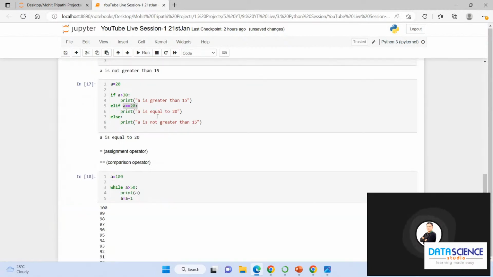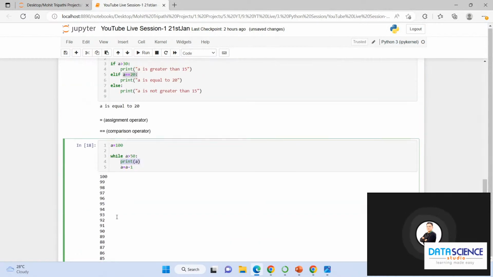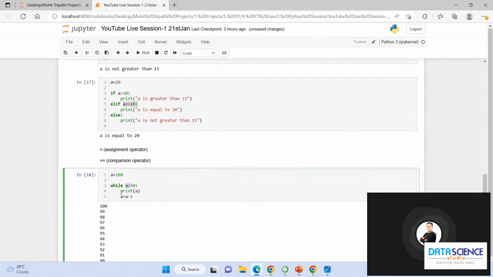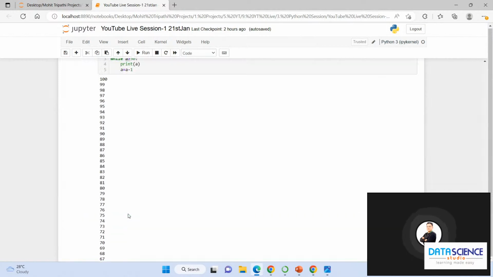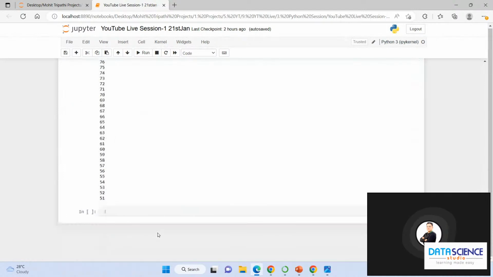So till the time a is greater than 50, the condition will evaluate to true, and every time I am decreasing it by 1 unit. As soon as it becomes less than 50, it will come out of the loop. It will not print anything. So this is a while operator. This is basically used when you want to evaluate a single condition, and when it is true, it will execute what is there in the code, or else it will come out of the loop. While we don't use that often. We use if else very often in data science, and there is another thing which is used more often,